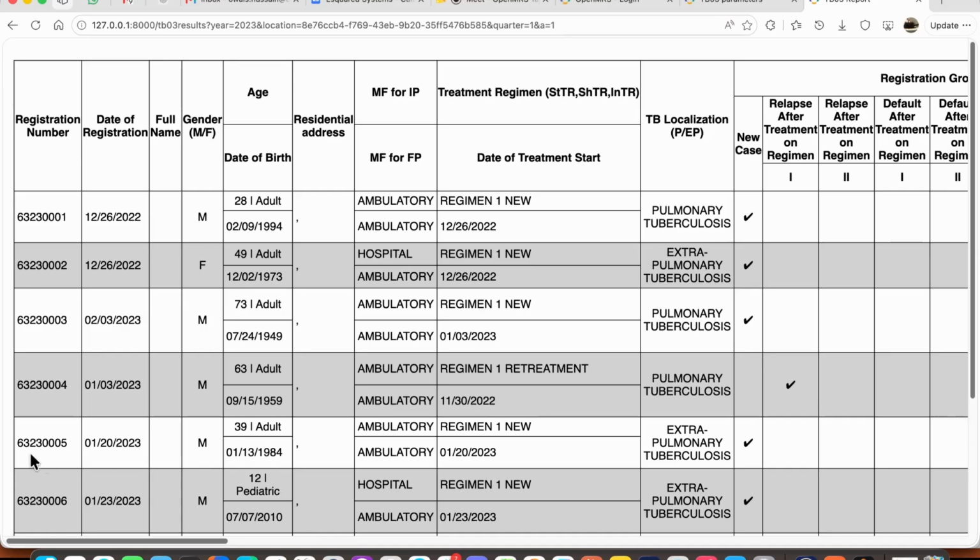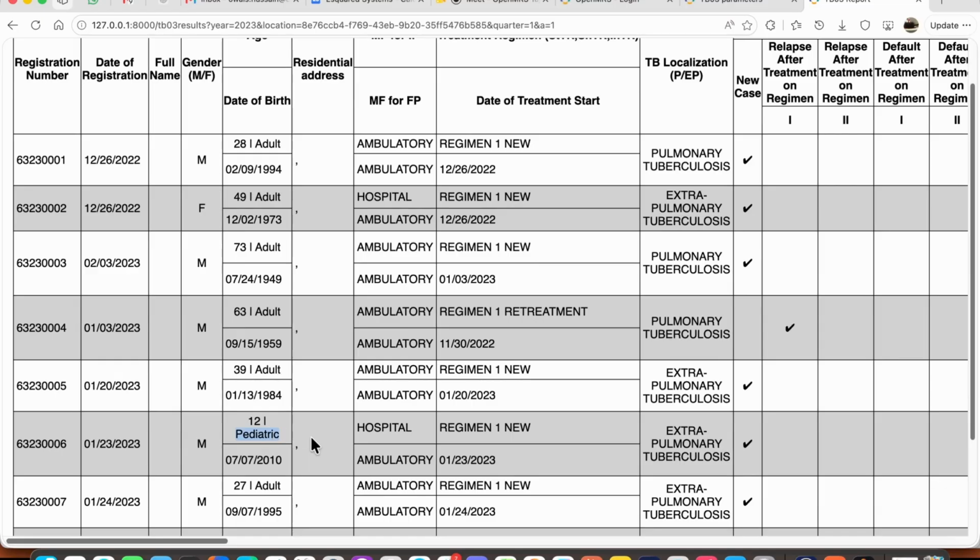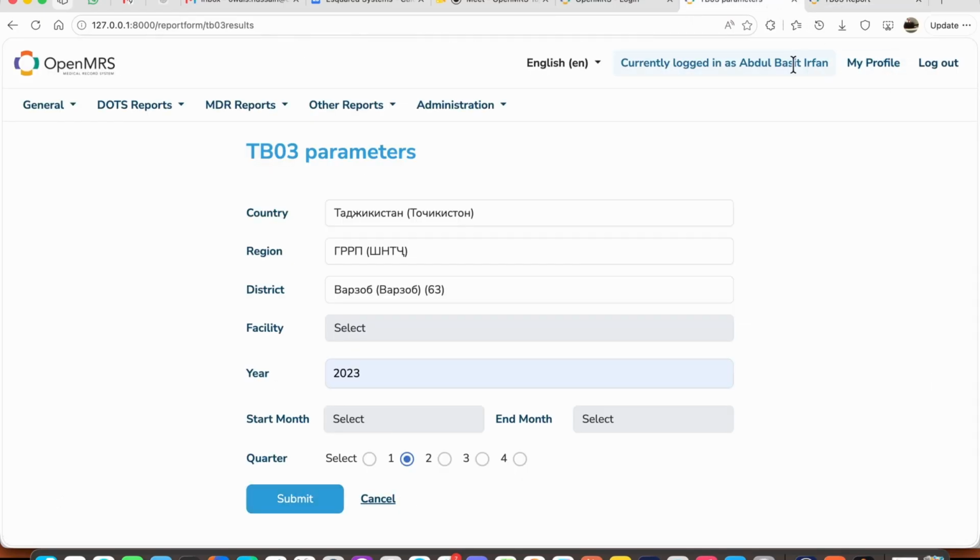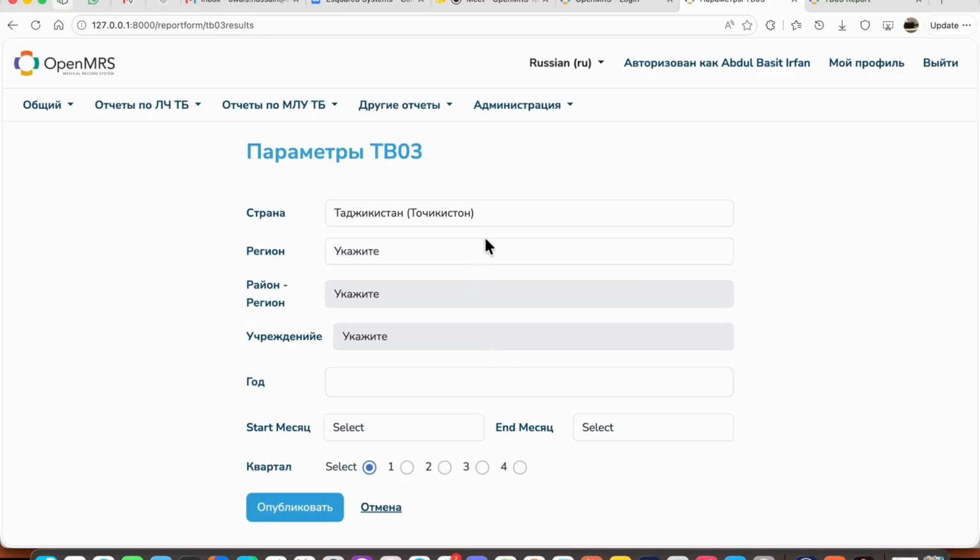Okay, so now we have adult and pediatric, and now comes the problem. The problem is when you convert into Russian,